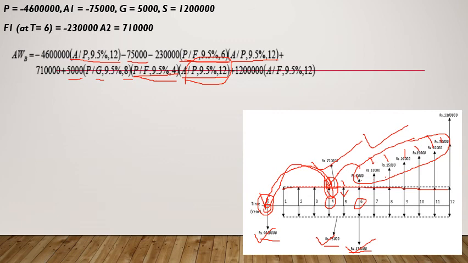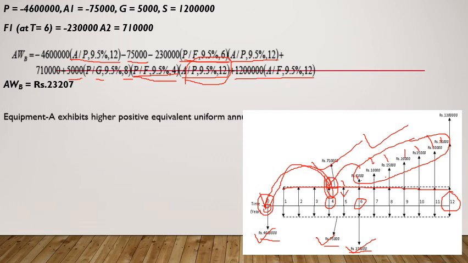What else remains? The salvage value of 12 lakhs. It's at the end, no issues for me. I can straight away use the factor A/F, i, N. I is 9.5, N is 12. Apply that. It will get converted into A for 12 years. Substitute the values. I have not done that here, but don't forget, you have to substitute the values in order to get full marks. I get 23,207.